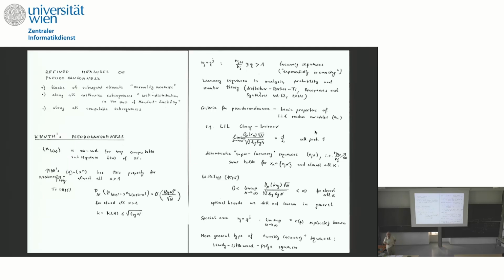We could show that the sequence x to the power of n satisfies this definition for almost all real numbers x bigger than 1. And this is a very delicate probabilistic argument, but nevertheless it gives an answer, and by